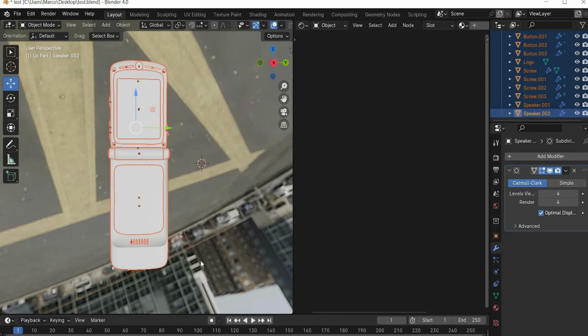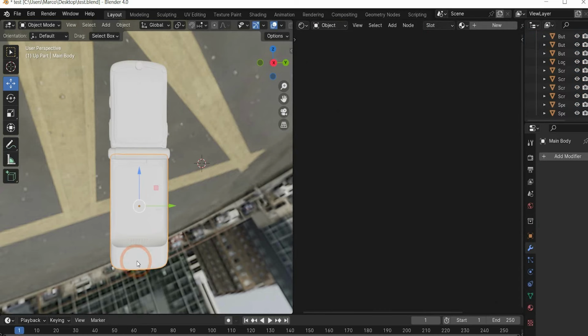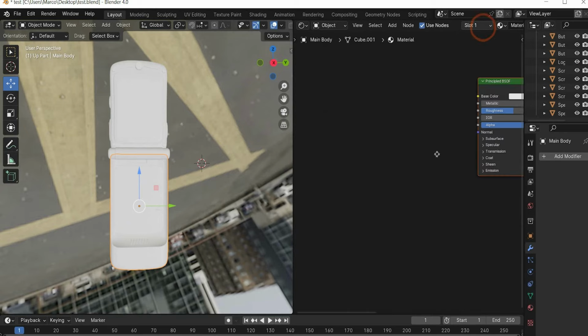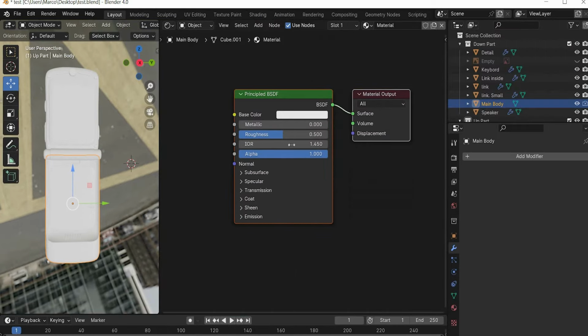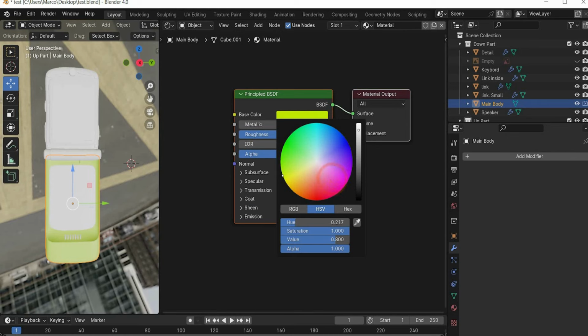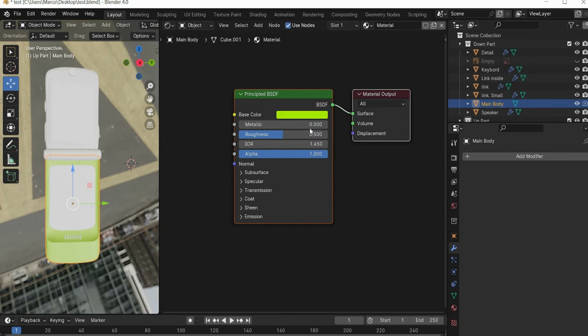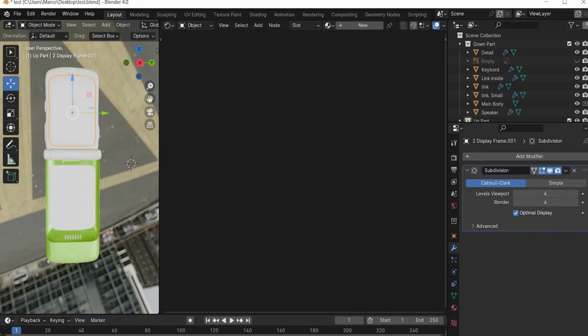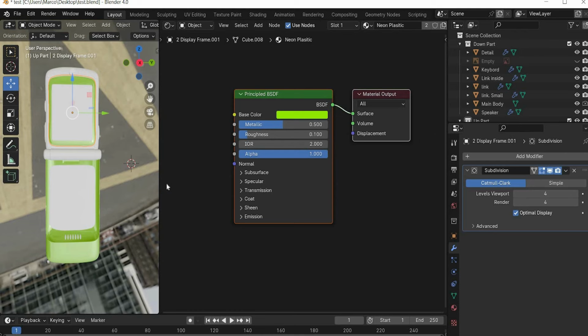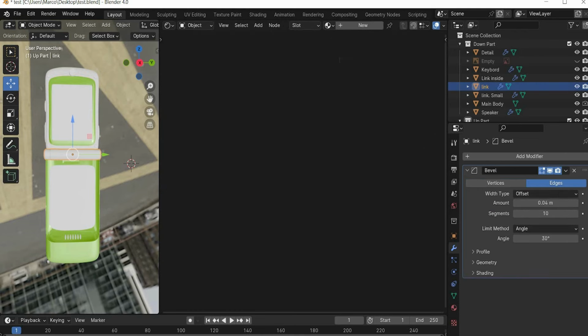We go back to the object mode, and here we select this part, press the plus icon to create a new material, and change the color to a yellow-green. And we change metalness to 0.5, roughness to 0.1, and IOR to 2, so that we get a really glossy material. So, rename it to neon plastic, and now select this frame here, choose also neon plastic, select this cylinder here,